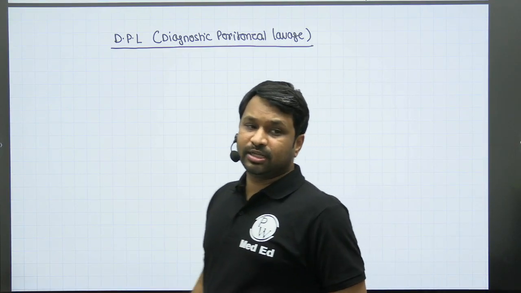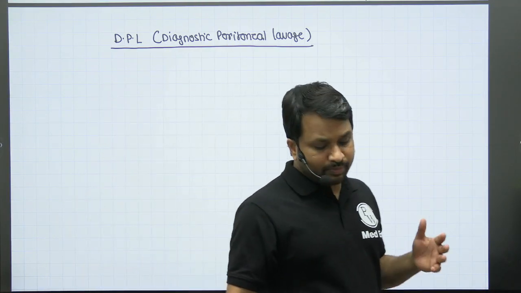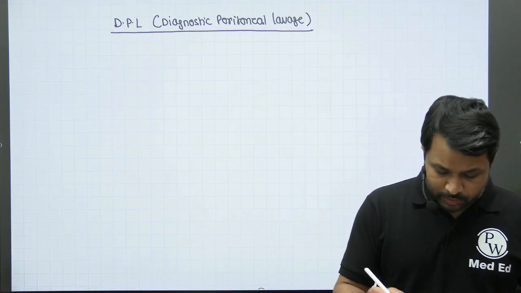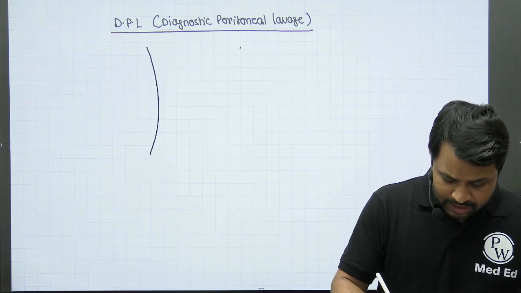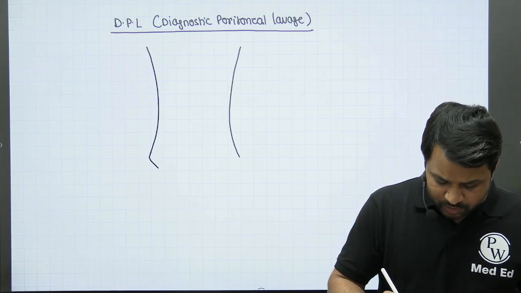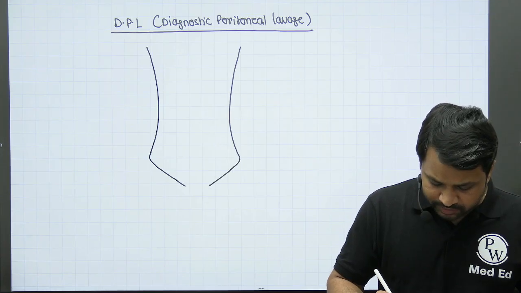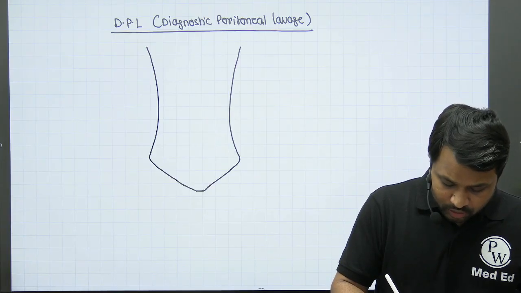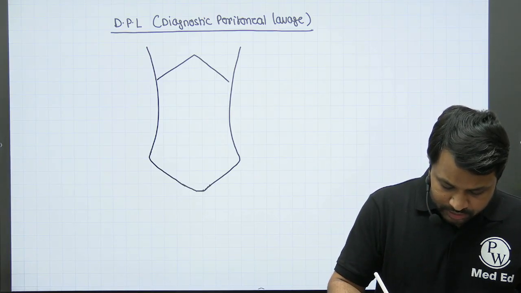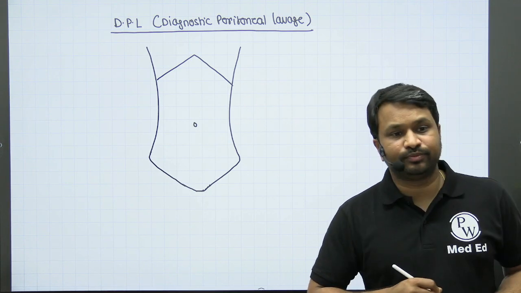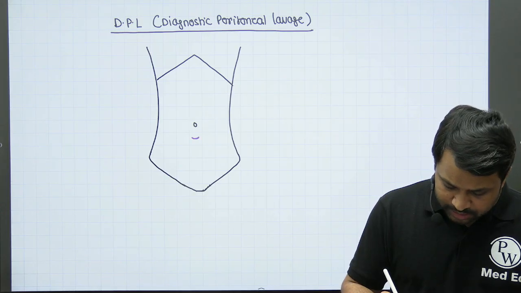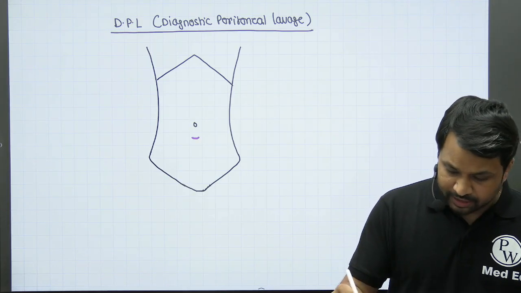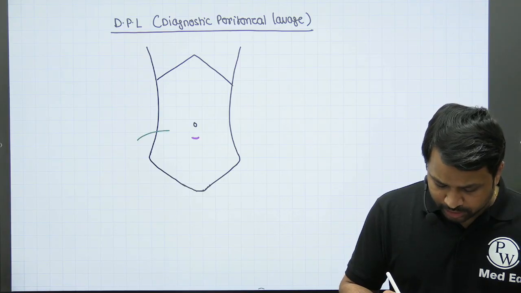Now what is this diagnostic peritoneal lavage? Let's say this is the representation of the abdomen. FAST has purely replaced DPL, so we don't need to do it, but sometimes even in modern days, if the FAST is inconclusive, you can resort back to diagnostic peritoneal lavage. So this is the umbilicus. In a diagnostic peritoneal lavage, infra-umbilical, I give a small stab incision, and I insert a cannula or a tubing through this.